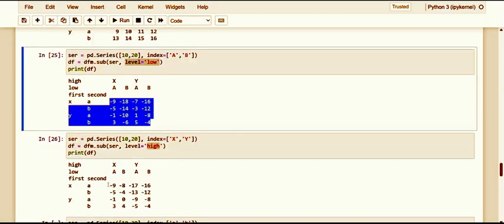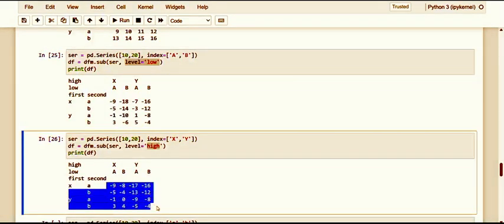Kindly observe, it is quite different. Both values under the X label are subtracted from the first level in the series, while those from the Y label are subtracted from the second value. So of course the exact result is different.